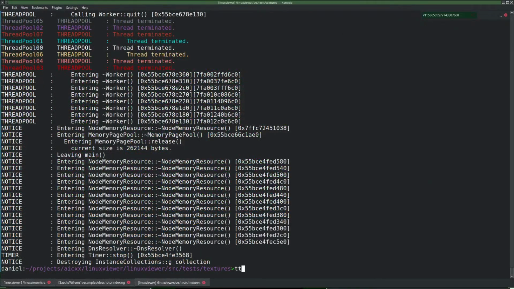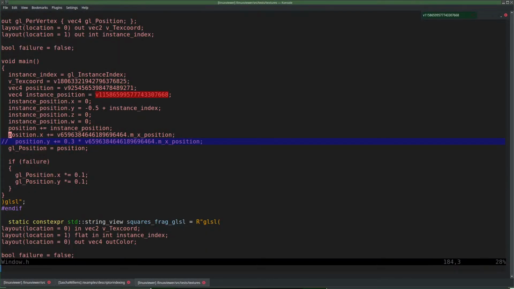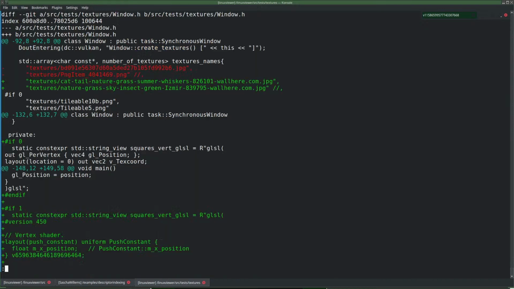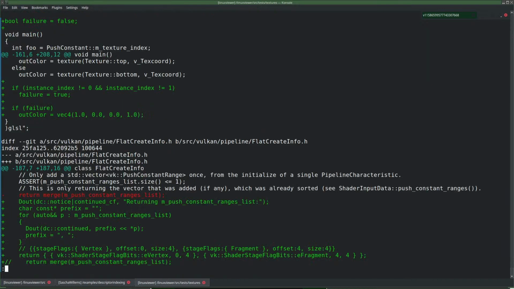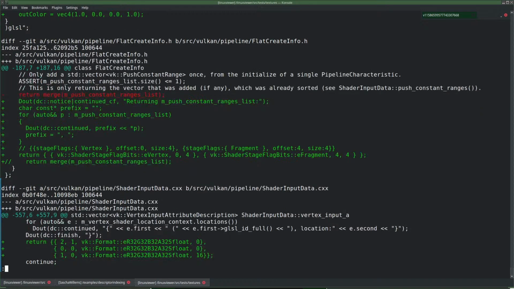Anyway, it works, so let's try. I mean, this is the MX position works, so that's the push constant, and that just works. Clearly the vertex buffer works as well, and it's just the instance buffer. Now if we look at my diff, and these hard-coded values here are used for the push constant, and then this here is